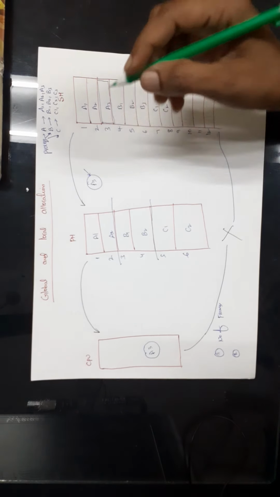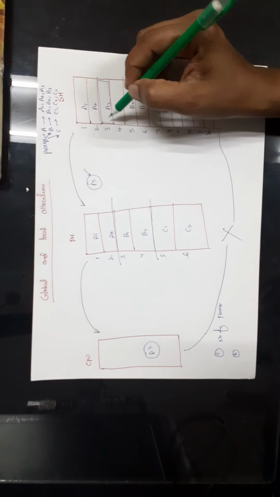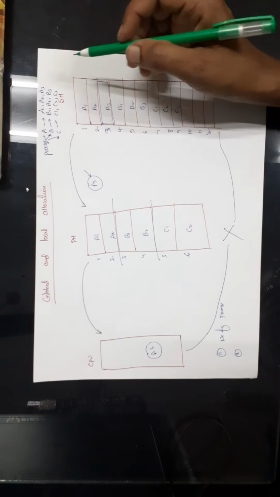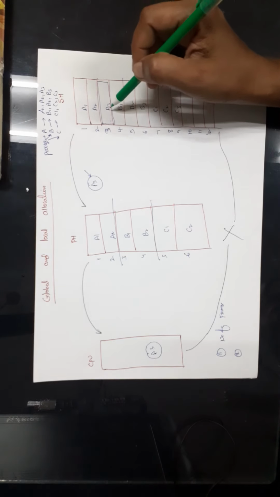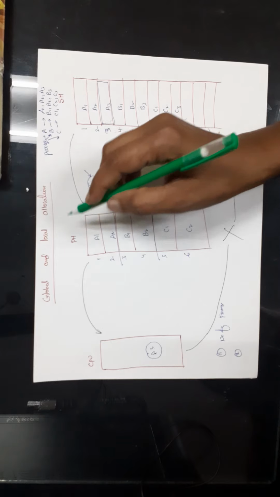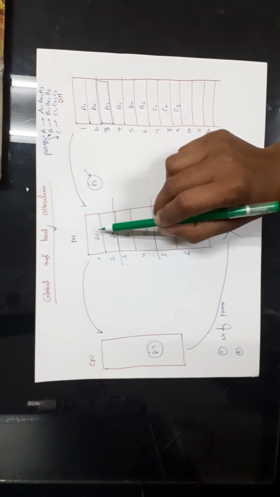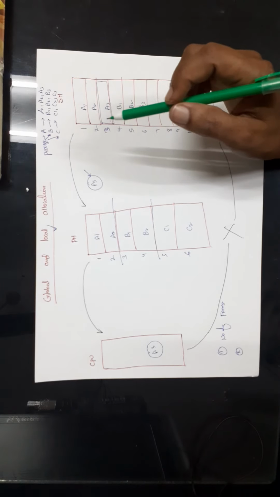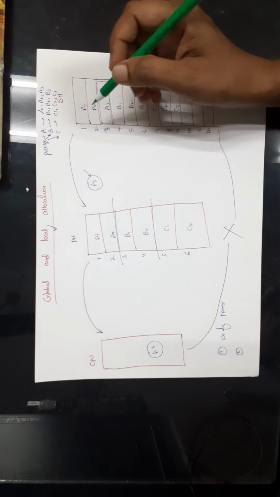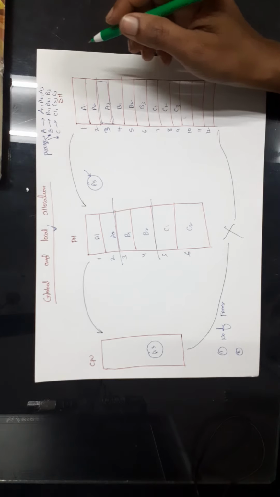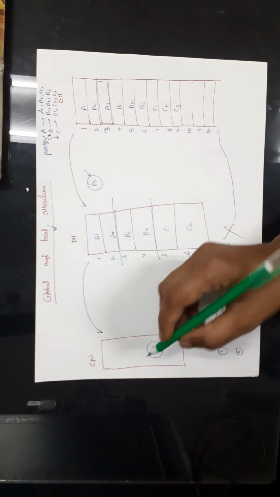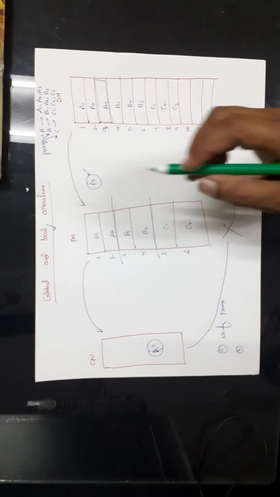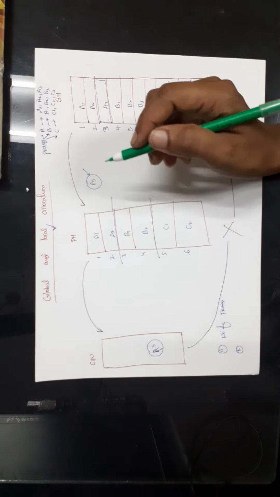Now we need to allocate memory space for this page, right? We need to allocate memory space for A3. So in order to allocate memory space for A3, in local allocation, we can choose A1 or A2 as the victim frame. That means we are selecting the victim frame of the same process. Here the request is made for process A data and we are deallocating the memory space for process A data only. So it is called local allocation.